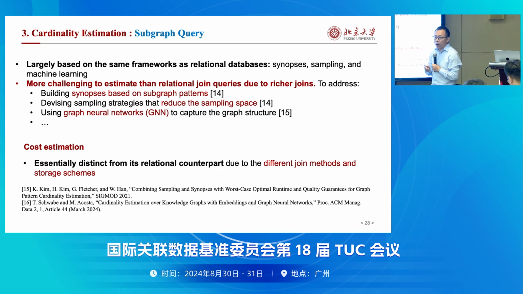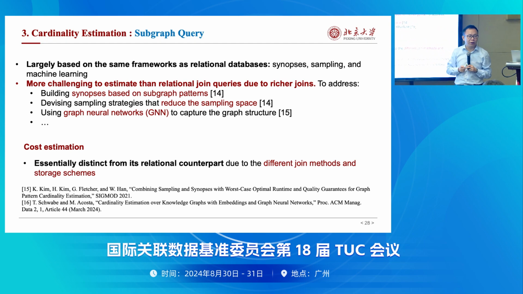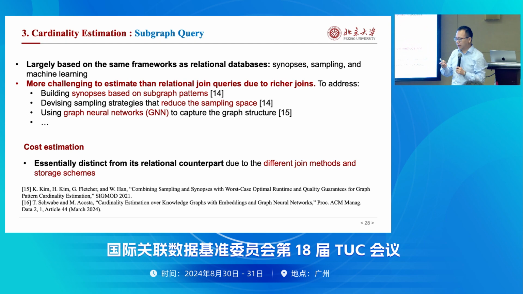For the subgraph query, I think in the literature, in our community, there are a lot of papers on that. As I remember from yesterday afternoon's session, we have some papers studying the estimation of subqueries. So you can read a lot of papers along this direction. But I think the main methods are something like the traditional relational database. Of course, there are also some using graph GNN methods to estimate the subgraph query